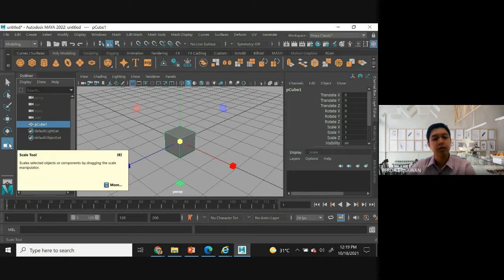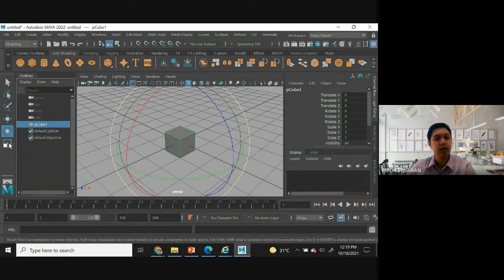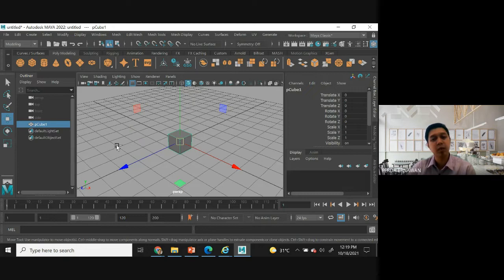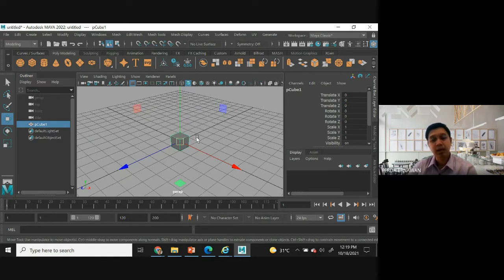If you look here at the move tool, I just press the W here. This is the most widely used tool. There are four compulsory ones you have to know. You can see we have three axes, isn't it?